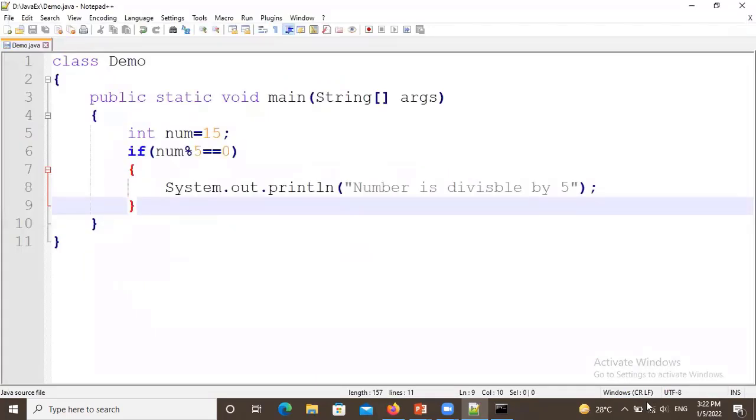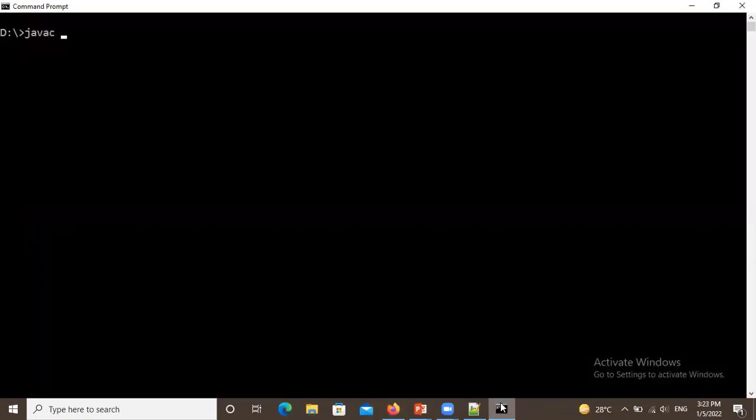The file is saved now. From the command window, we are supposed to compile the file with javac, in the folder java example, javac demo.java.